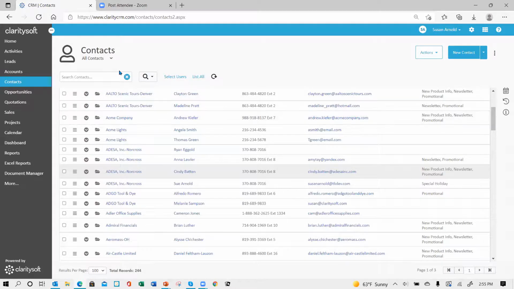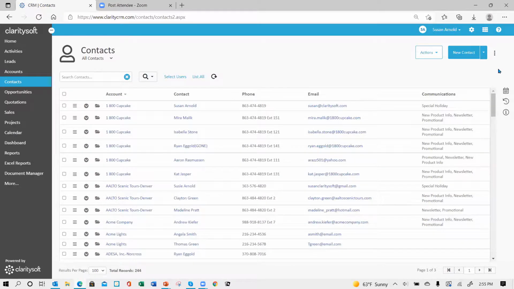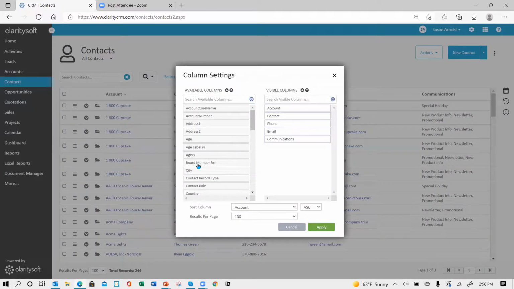All right, got to move along here. We got 5 minutes left. Last thing is creating views. In your ClaritySoft, let me see, I'm in contacts. I'm going to go to my column settings. And let's say I want to see